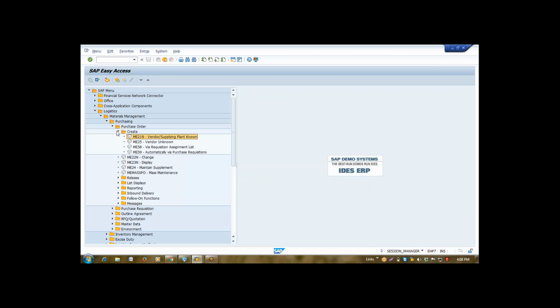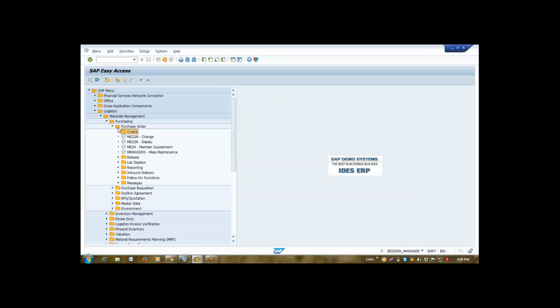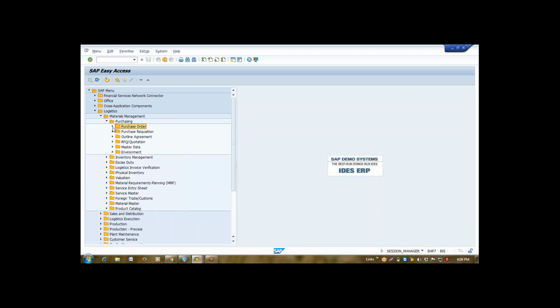The next thing I told you about is the confirmation of services. Suppose you hired a taxi and you want to say that you completed your journey, and the driver submitted a bill to you. In that case, in SAP, you'll have to confirm the services availed by you by using one transaction, which is called service entry sheet.